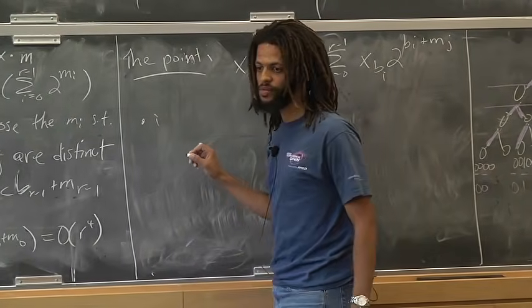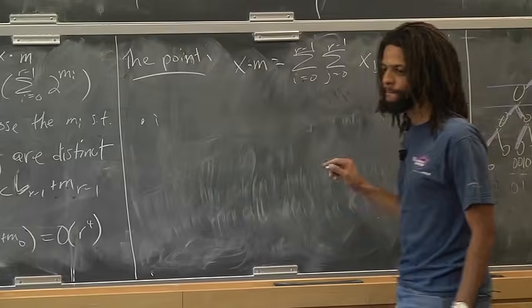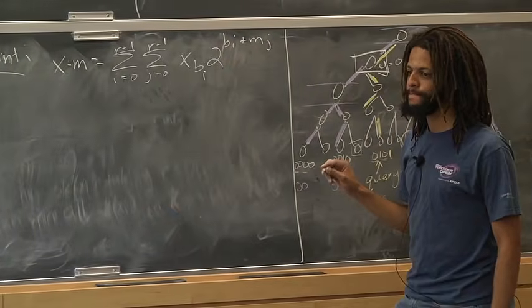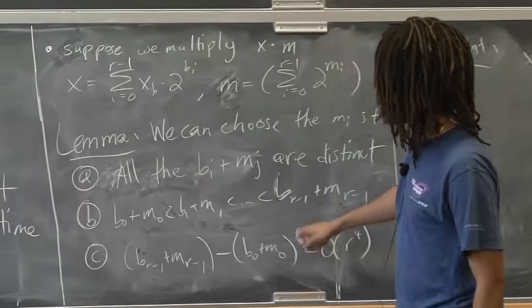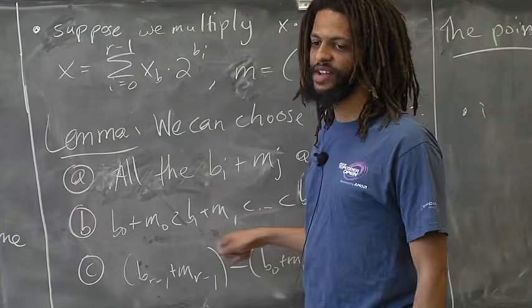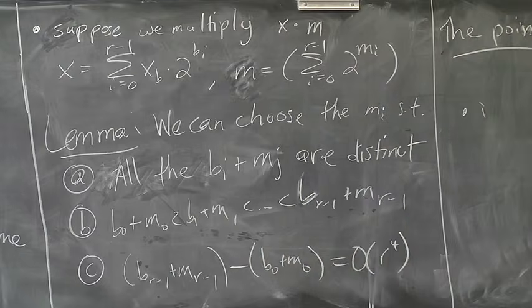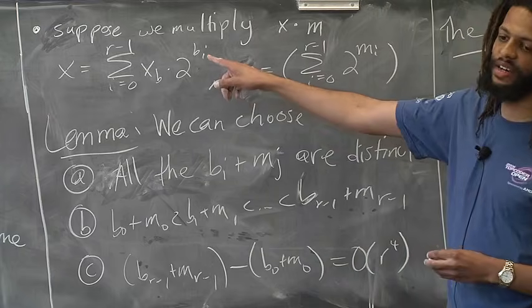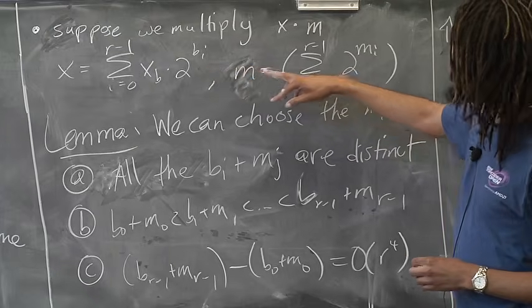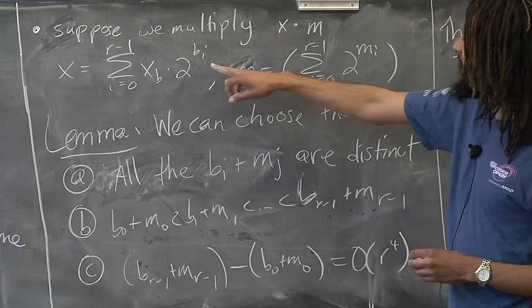Questions? Yeah, so you said the MIs may not be increasing. So the range, is that VR minus 1 plus MR minus 1? Yeah, but there's property B, which says that the sums are at least increasing. And shouldn't BI plus MI all be less than 2R, because there are R bits? BI plus MI less than 2R. BI is not less than R. I mean, sorry. Yeah, BI is not less than R.